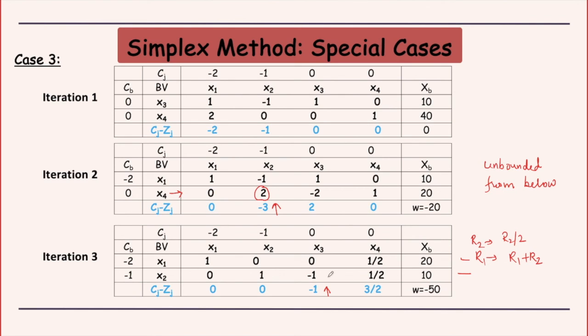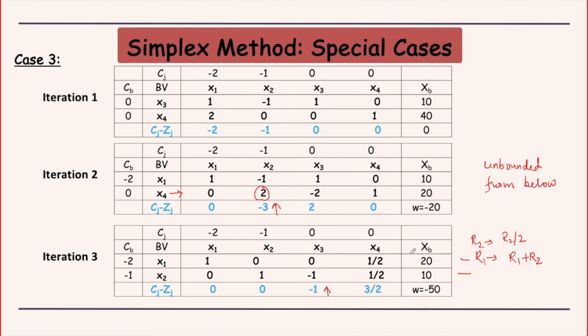Okay, so such questions you may not have come across, but when you practice more and more questions on simplex, you may have a situation like this. So you should know how to write the answer, because there is something to enter, nothing to leave. You should not just leave it as it is. You should say that it is unbounded because this is negative, but the minimum ratios cannot be taken because they are either 0 or negative. So you have to conclude that it is an unbounded problem.